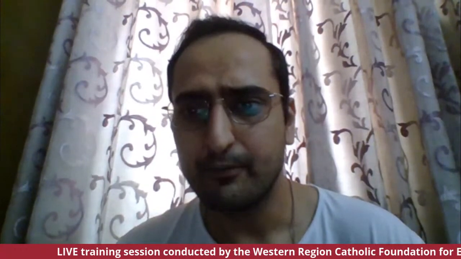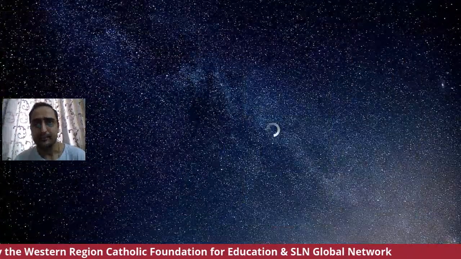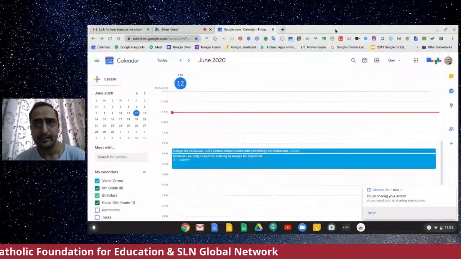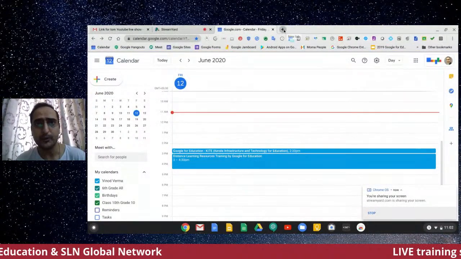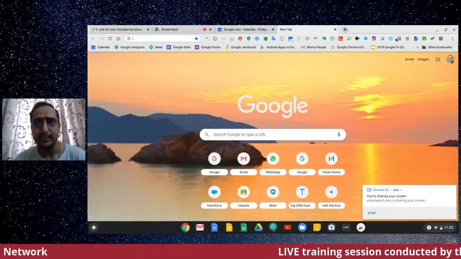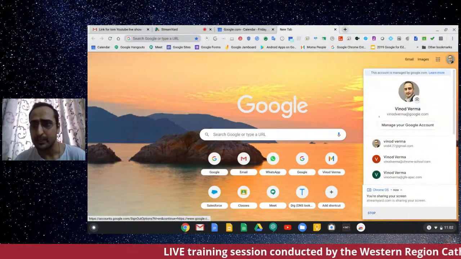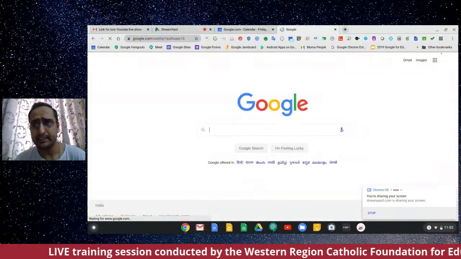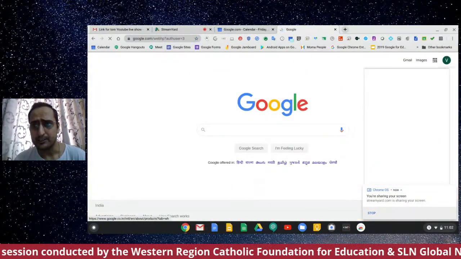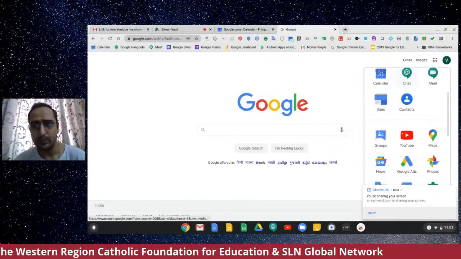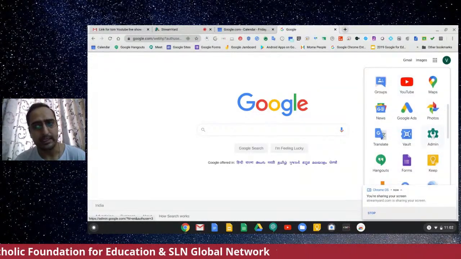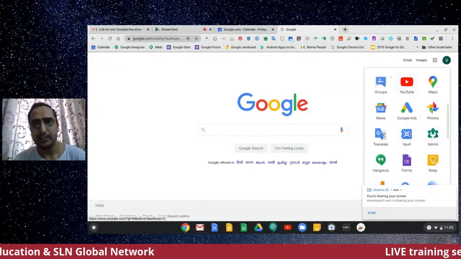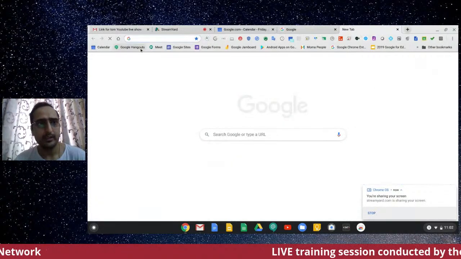Now, there are two ways to log into the Admin Console. I have already logged in, so let me log out first and then show you how to log in using the G Suite ID. I can log in with my G Suite account, click on the nine dots, the app grid, and I will find the Admin Console tab here. The second option is I can go to